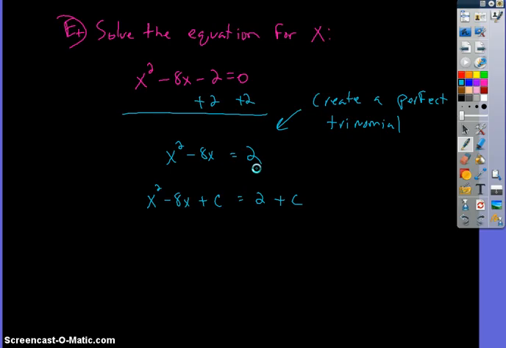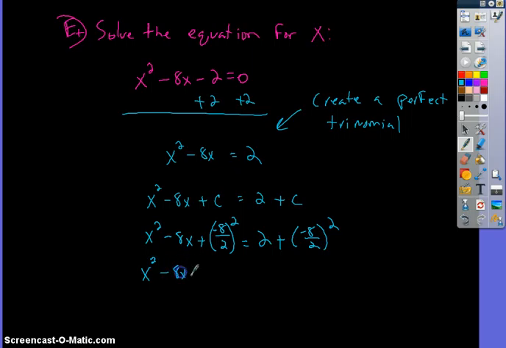So if that's the case, I really want to find out what c is. So how are we going to find c? Take half of b and square it. So it's going to be negative 8 divided by 2, squared. And on the right side, you have the same thing: negative 8 divided by 2, squared. So this now gives you x squared, subtract 8x, plus negative 4 squared equals 2 plus negative 4 squared, which gives you x squared, subtract 8x, plus 16 equals